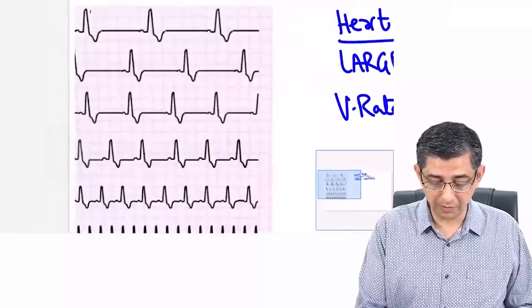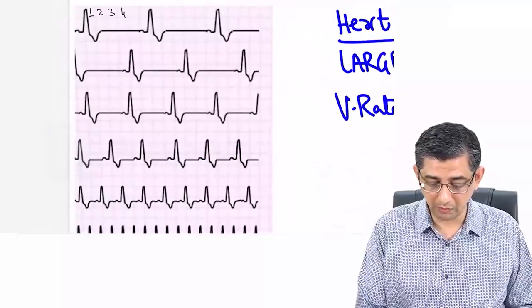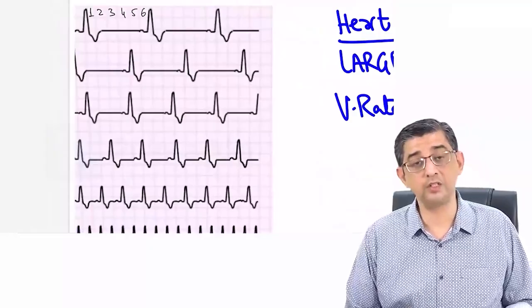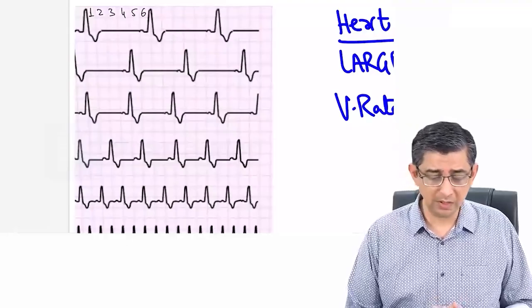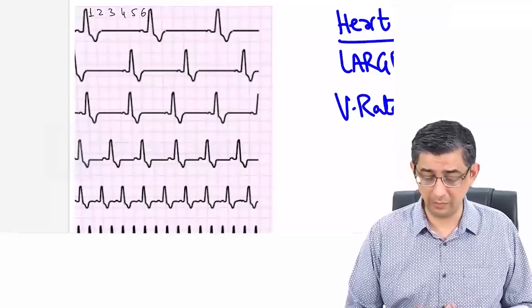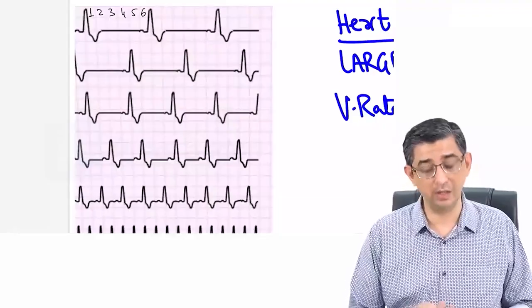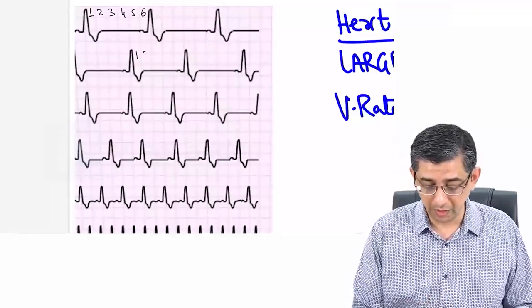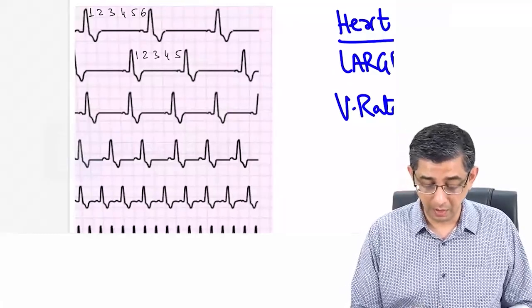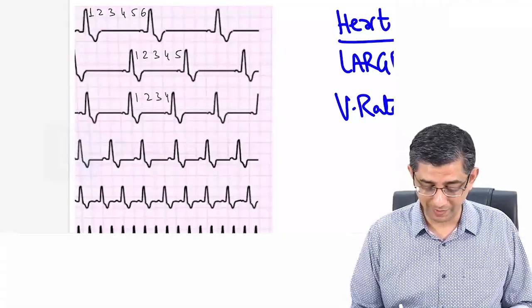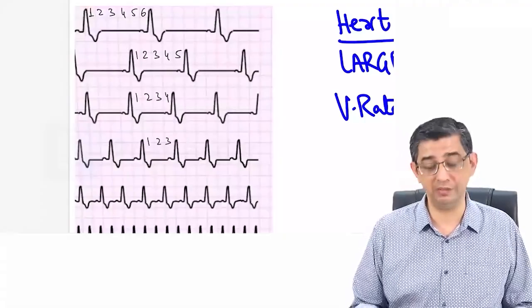If I scroll through the first diagram, I definitely can notice about 6 large squares, approximately 6. It could be 5.8 approximately, but 6 large squares to make it easier for us mathematically, separating the R and the R. But if I move inferiorly, then the number of large squares has dramatically changed to 5. I'm not here to teach you mathematics, but what I'm trying to sensitize you to is the fact